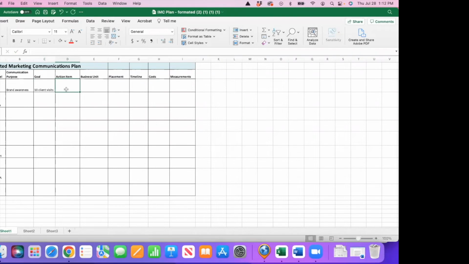Okay, the action items are going to be, let's just bullet point it out. So maybe I will if I can figure out my format. Well, let's just do it like this. So what's the action items? I'm going to call the event planner. It doesn't like that. Oh, because I put equals there. There's a formula in here. Anyway, let's just go through the steps. I'm going to call an event planner. I'm going to make sure I have a table, and I'm going to have a tablecloth. So I'm going to get the items that I need in order to make sure I have a strong presence